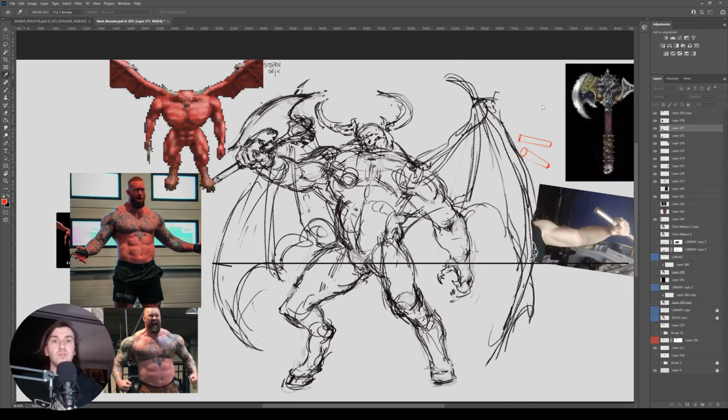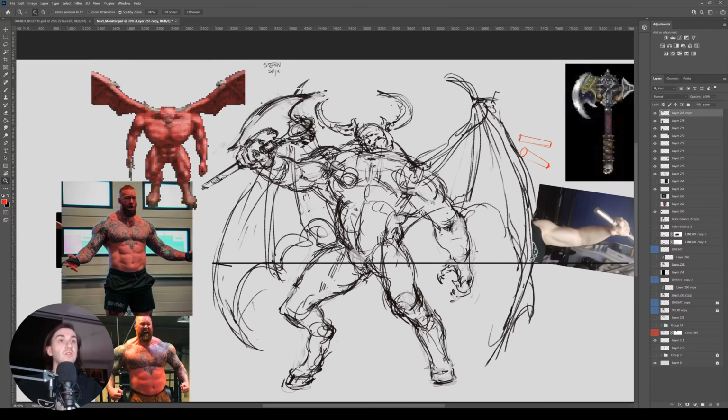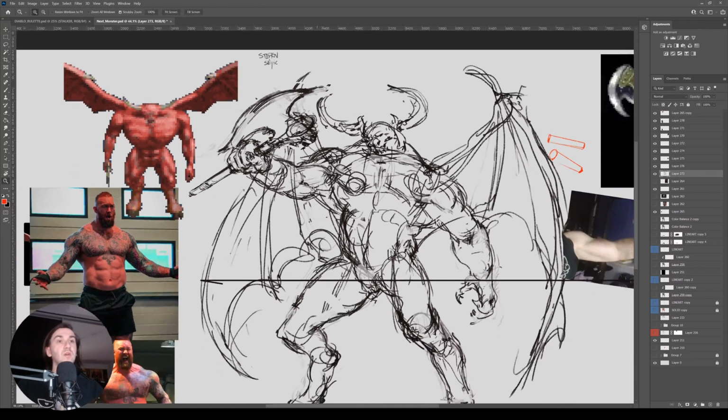So I will simply recolor him, increase the colors, and even though the background is slightly changing, it does not really matter that much. It's basically a perfect match for the colors. So there you have it. If you don't know how to use references, you can use them like this, or at least this is how I do it. This area, the armpit area, I need to find a reference for it,